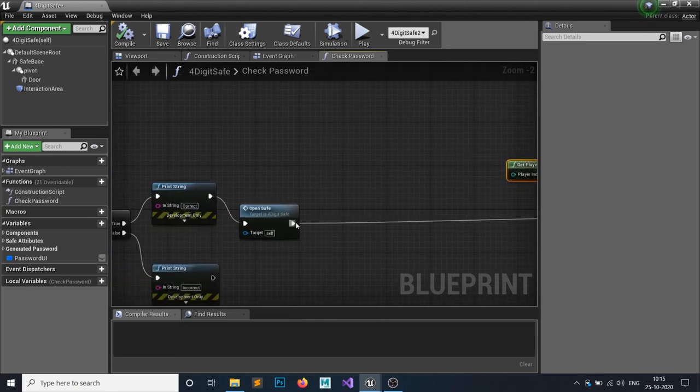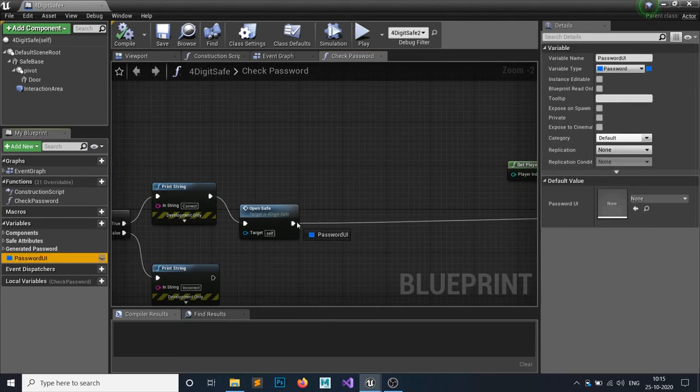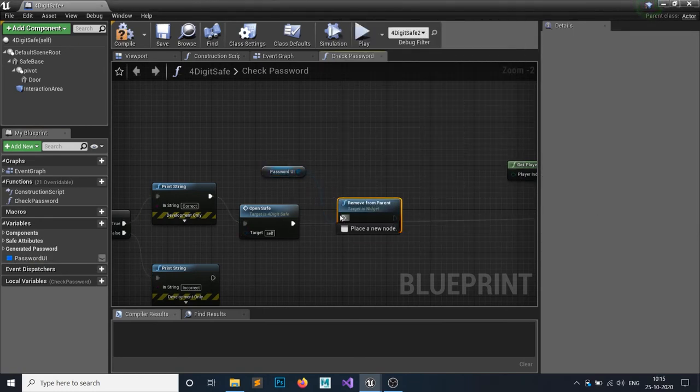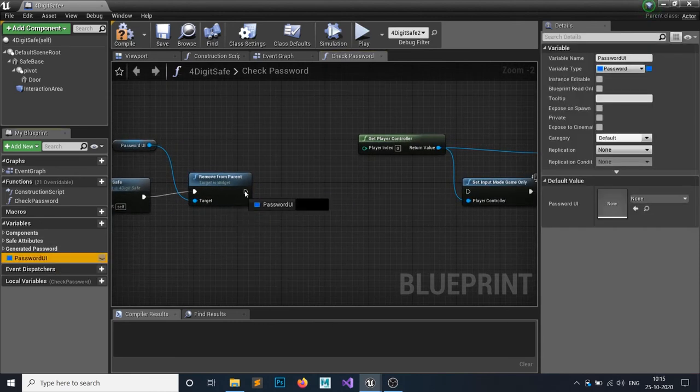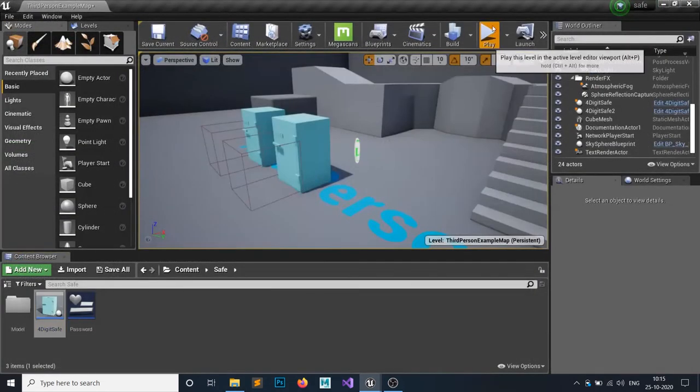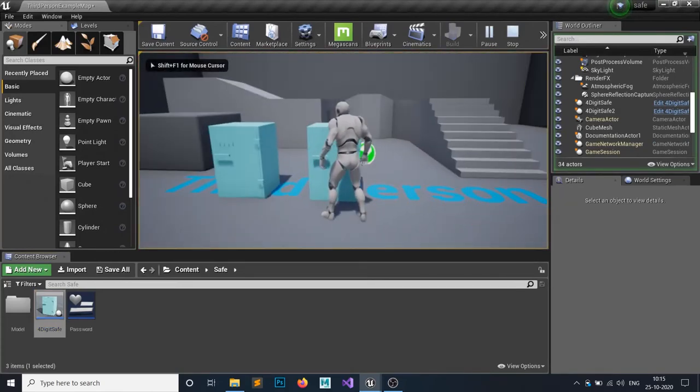Yeah, we want to remove that UI from parent, so just grab this password UI and just remove from parent. After removing from parent, just set it to null or say none. So set it and leave it as it. Hit compile, save, close, and this should work now properly.